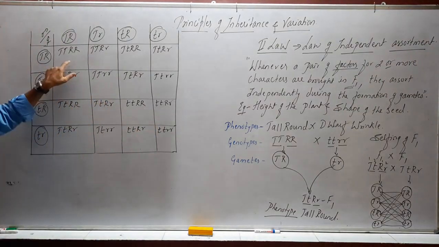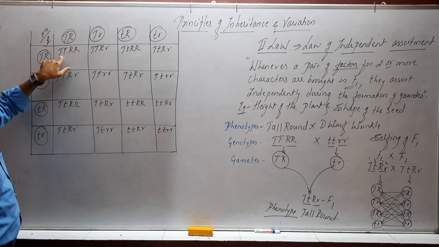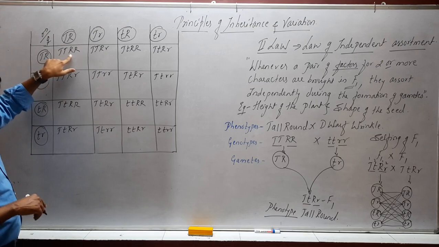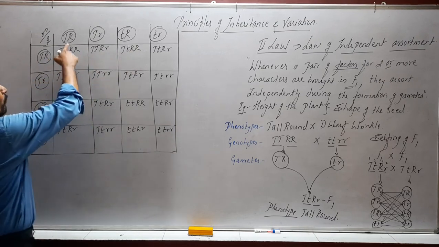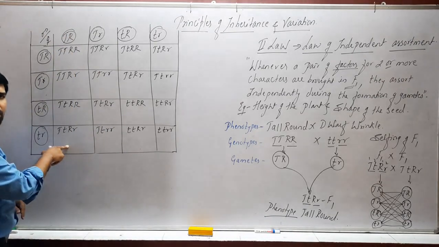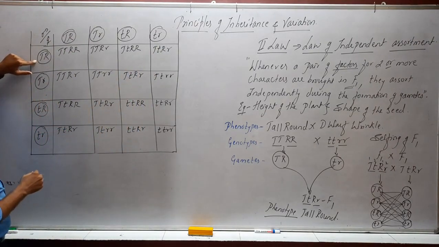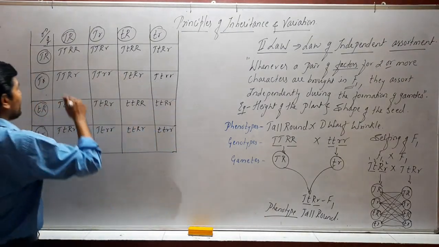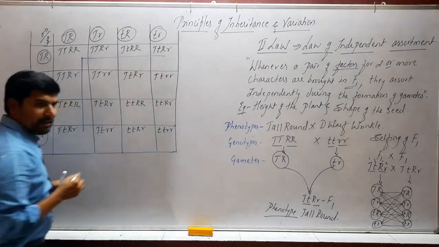After writing, below we can write its phenotype. Look at the phenotype. Both are capital. One is enough. If one is capital, this is tall. One is capital, round. Tall round, tall round, tall round, tall round. So when we have capital T, capital R here, in this row we have all tall round. This side we have all tall round because of this. You can just look over here also. All these are tall and round. All these are tall and round.